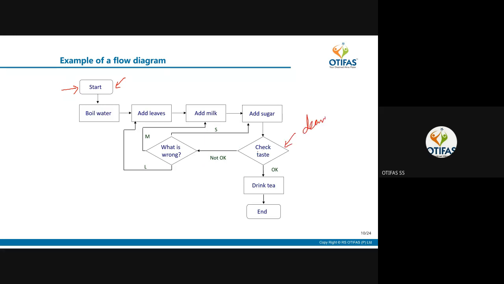Once you check, if you find that the taste is not okay, then you will see what is wrong, whether leaves are less, or it is because of milk, or because of sugar. So you rectify it, and then you drink the tea. Now in process mapping, this symbol is an important symbol. Why? Because this is a place where you find the reworks. Here you will have data. You can get a lot of data here. You will have a register here where people can write data that this much rework happened last time, etc.